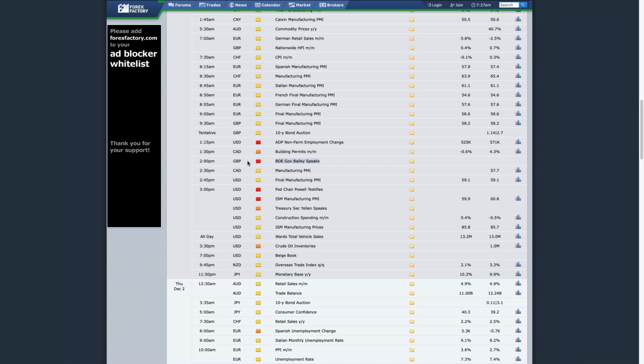Governor Bailey is speaking about the pound, and that has the ability to move the pound, but remember, the market is pretty tired of the Bank of England because of the last interest rate expectations they gave to markets. They then walked them back. Before the last Bank of England meeting, they really got the market thinking they were going to be hiking interest rates. Then it came to the interest rate meeting and they didn't. So what the Bank of England says now is not necessarily believed by the market. So remember that when Bank of England's Bailey speaks.